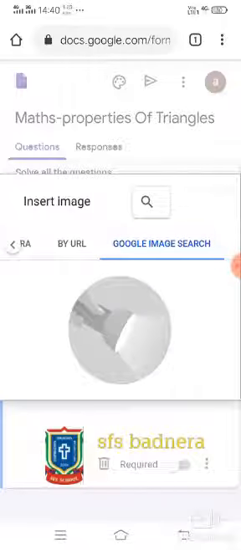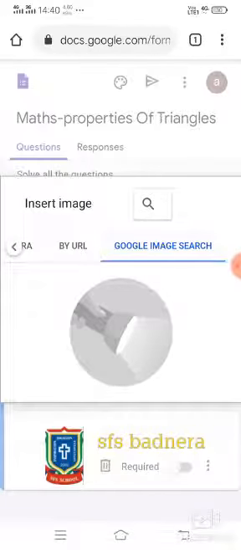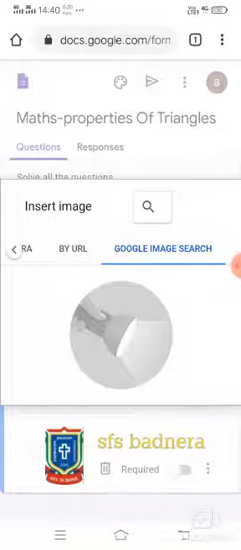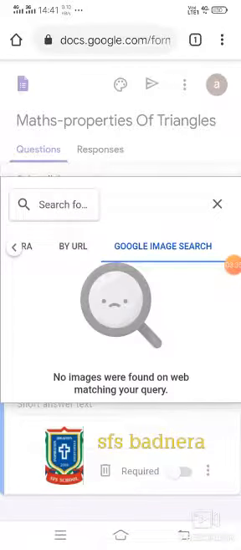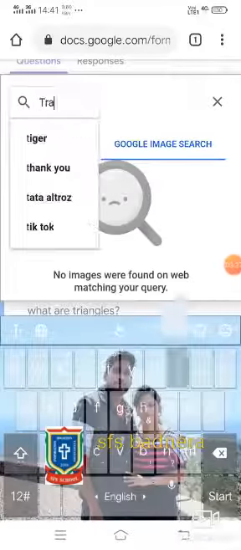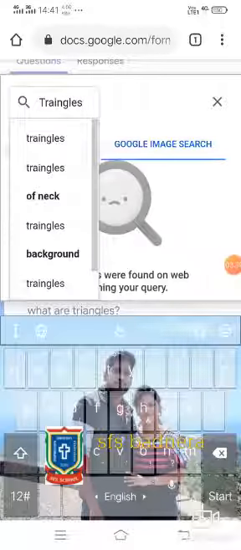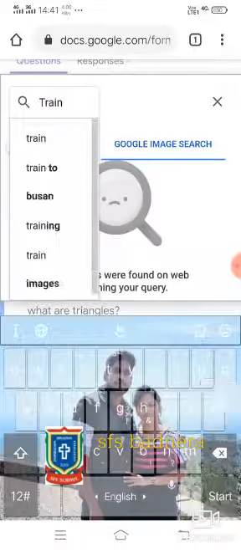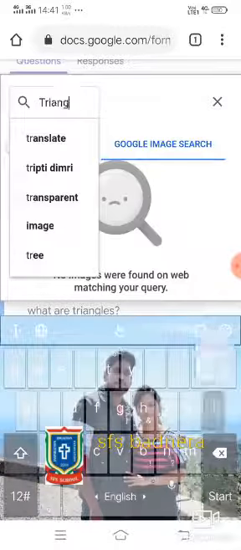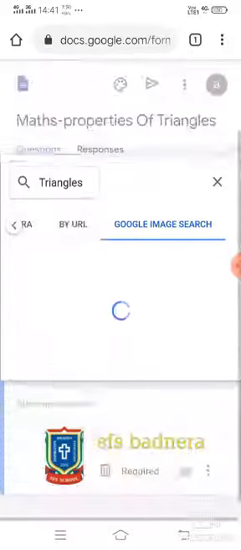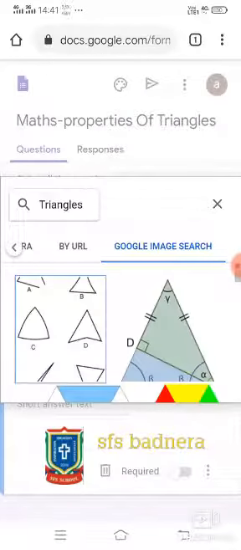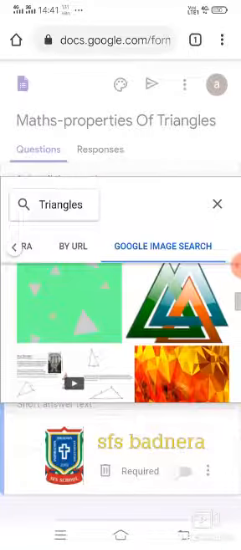I am clicking on this, and I am searching for the image. Here I'll be searching for triangles. Okay, and simply you'll click on search, and here you will see different types of triangles.